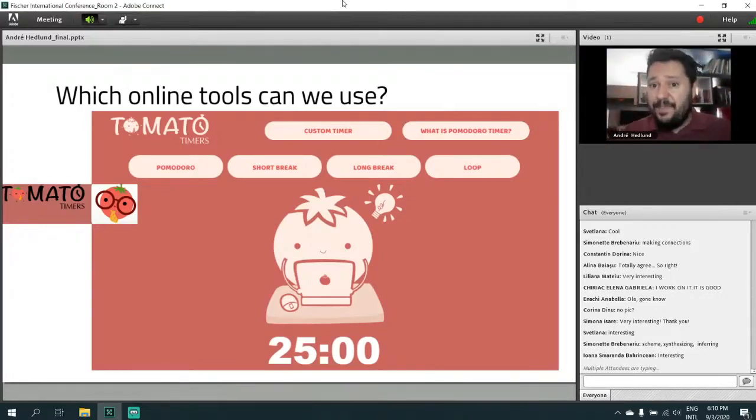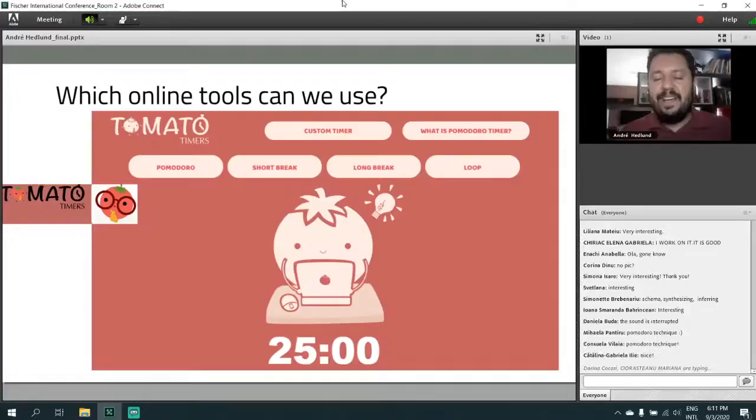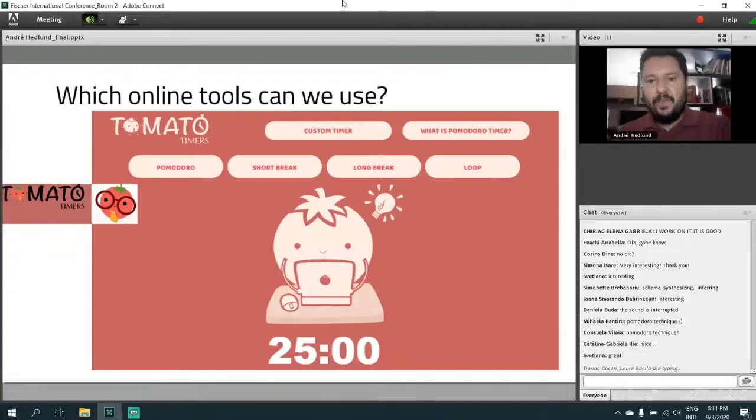Or if you are high tech, you can definitely find an app for you to work based on the Pomodoro technique, because you can work for 25 minutes focused. You take a 5-minute break, so a brain break, and then you work for 25 minutes again, and then you take a break. The first Pomodoro, the first 25 minutes, you work with the grammar structure that you are studying, and then break.